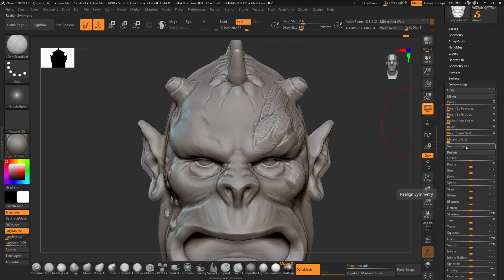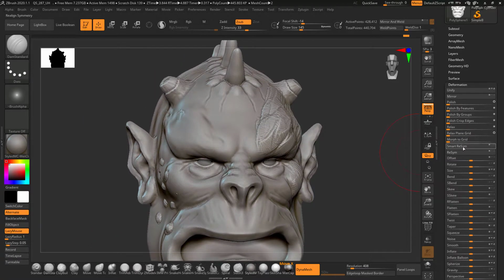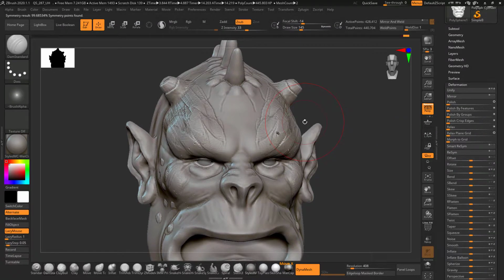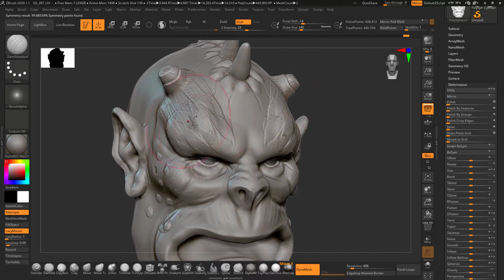If you want, you can save this rework by simply clicking on the Smart Resymmetry. What it does is, it calculates the geometry you have added on both sides, and then it simply duplicates it on the other side. So as you can see now, it takes a few seconds to show the results, and you can see the same information being reflected on the other side.